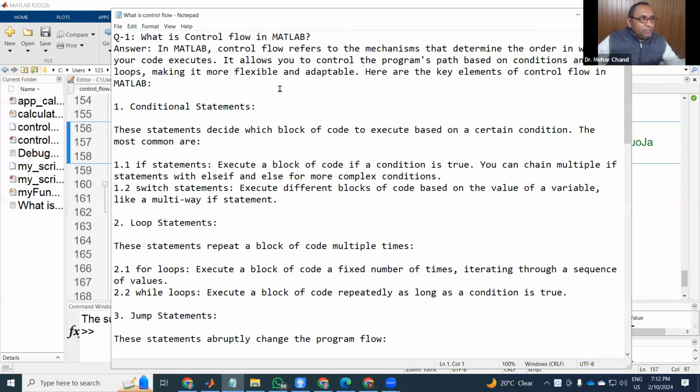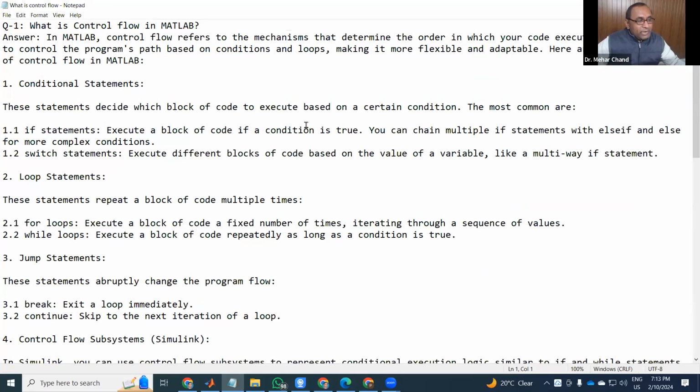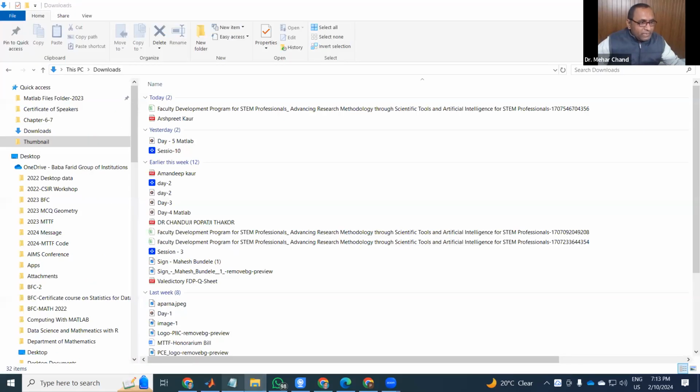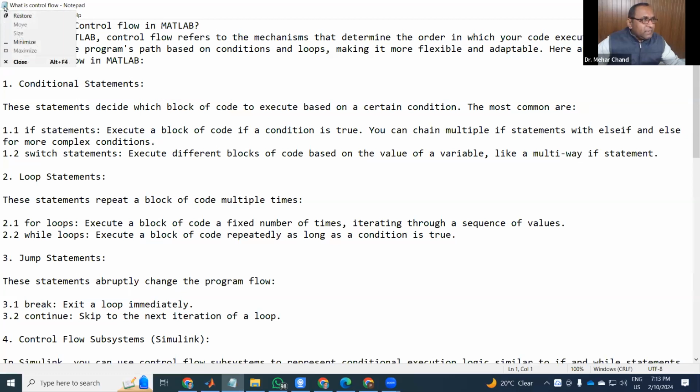In Notepad there is some theoretical part. You need to go through all the types and their use, the purpose. This script file will help you with more understanding. This is a Notepad file and you can easily open it in your system. There will be two files which I will upload for you. One is this one, and the second will be